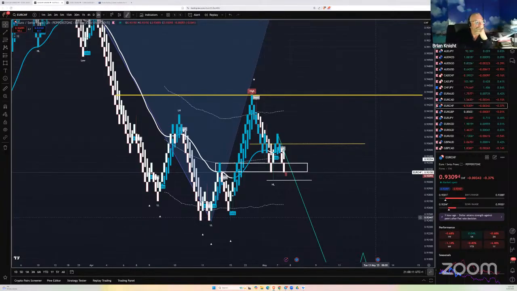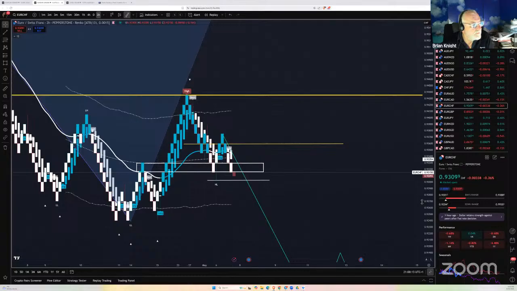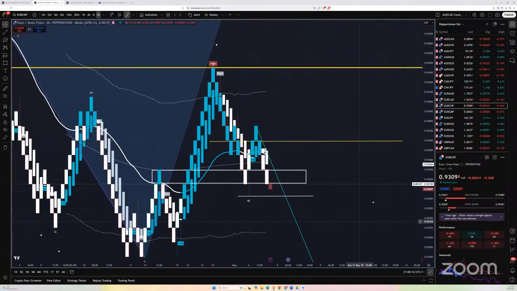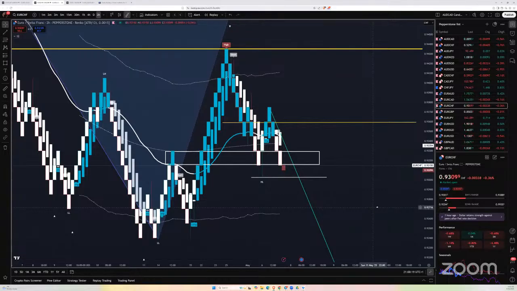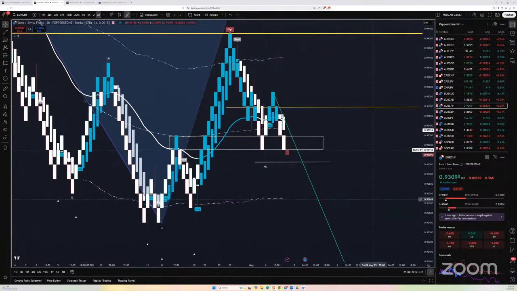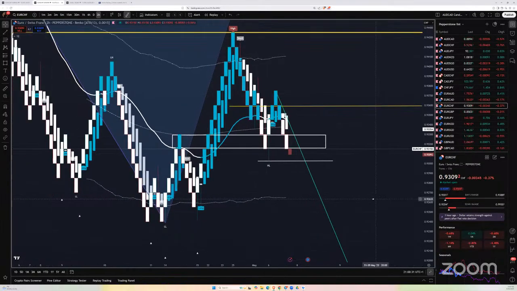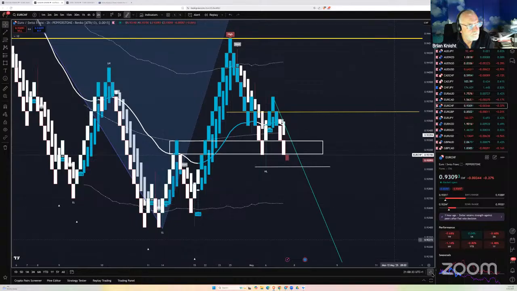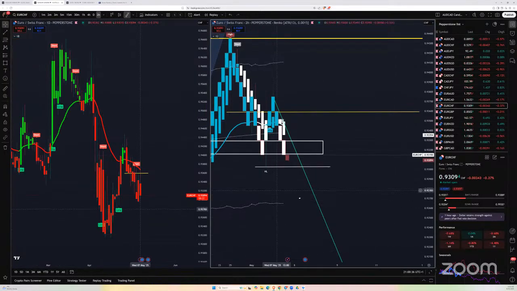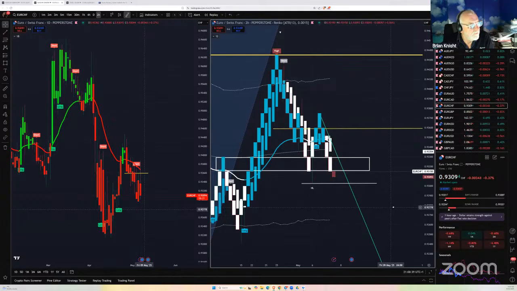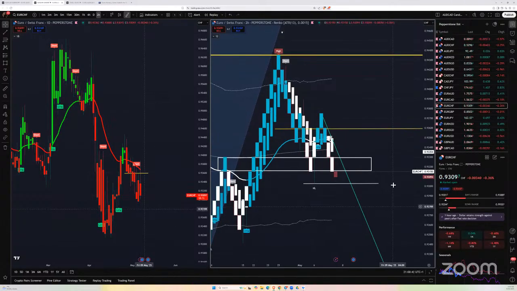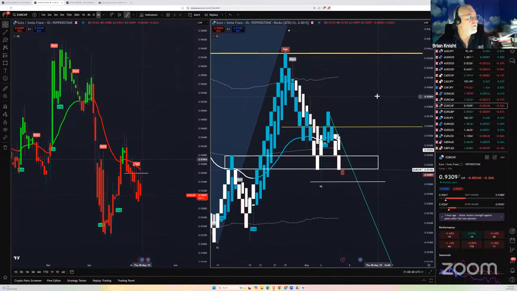So if you do get into the sell, follow that trend line down. Now that it's white, make sure it stays white through this box. If the bricks start turning blue again, even if that line's through the box and it doesn't break this long, take the long. You know what I mean? I'll be looking at the long. I don't know what you want to do with it. I can't tell you to take the long.